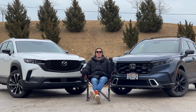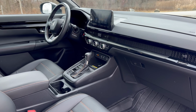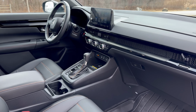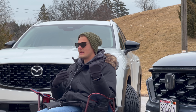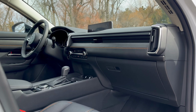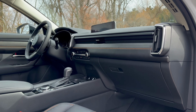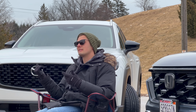But the fact is, despite missing a leather wrap dash and cooled seats, there's something intangible going on in the Honda, something kind of subconscious, maybe with the ergonomics or things that you just kind of interact with, but I like it. And there's things that I don't necessarily love about the CX50. Now, generally speaking, everything on paper is probably nicer. The leathers are nicer. There's more leather in more places in the Mazda, but there's things like the cup holders